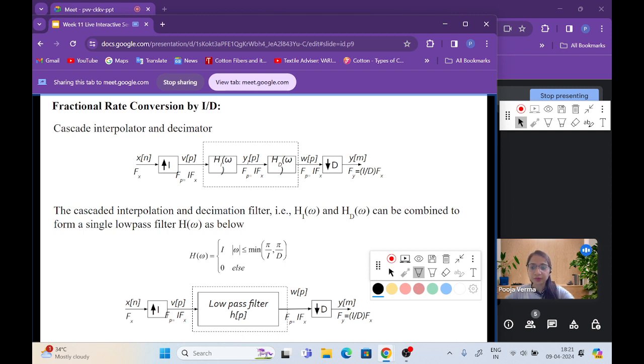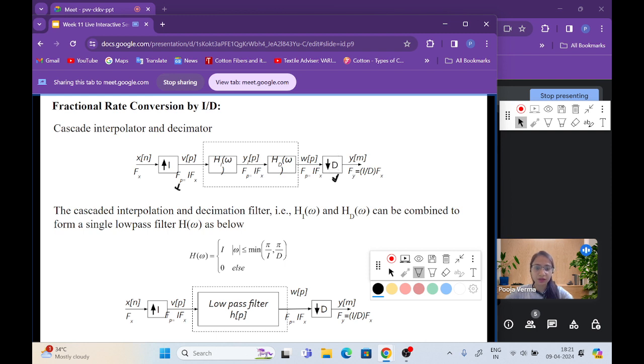This is a block diagram of the fractional rate conversion system, where we give x of n to the interpolator, then we find the interpolated signal, where the interpolated rate F_p is equal to I times Fx. Then we apply the anti-imaging filter, then the anti-aliasing filter, and then give it to the decimator,